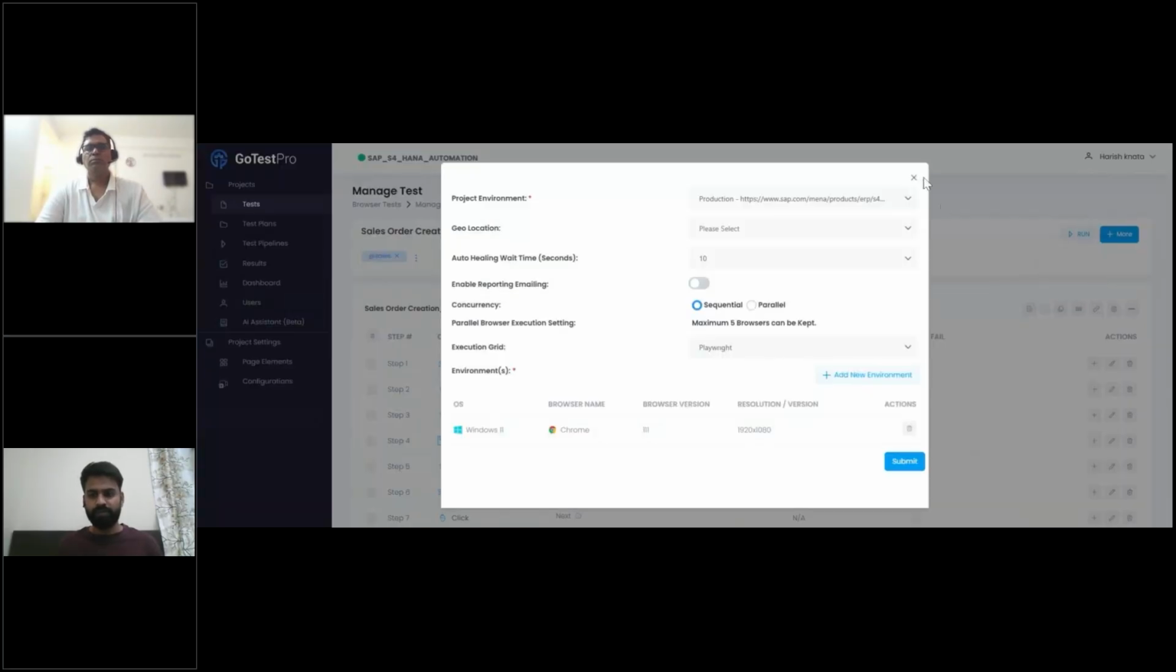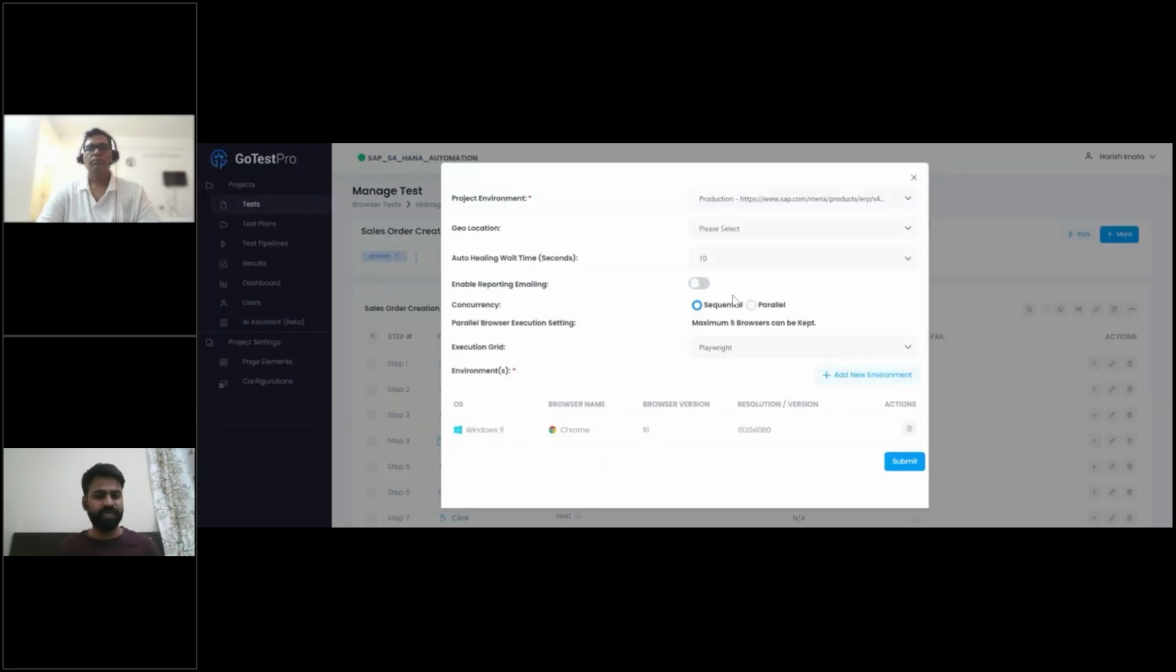So yes, this is a quick overview of how we can do the local execution. I also want to show you the cloud execution. That is another robust feature of GoTestPro. When I click on run and select cloud execution, you get to see a pop-up. This pop-up is where I can select on which environment I want to run my test case, right? So you can see as of now, by default, the configuration is that I can run this on